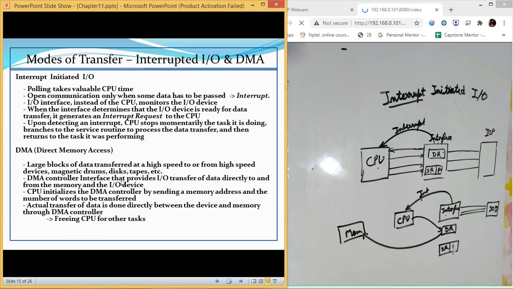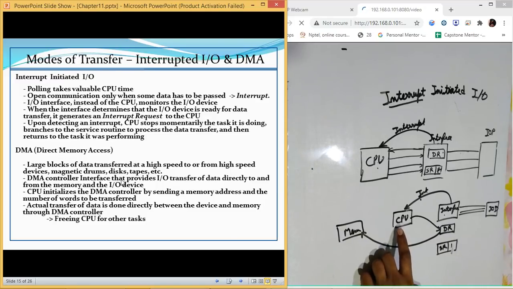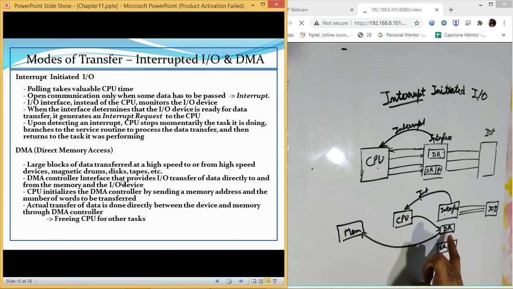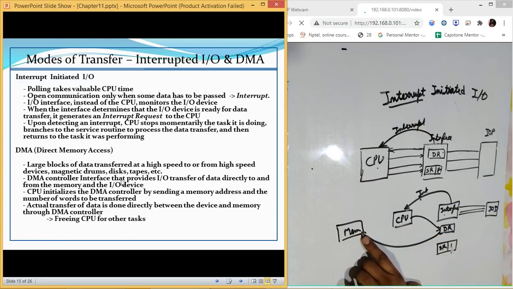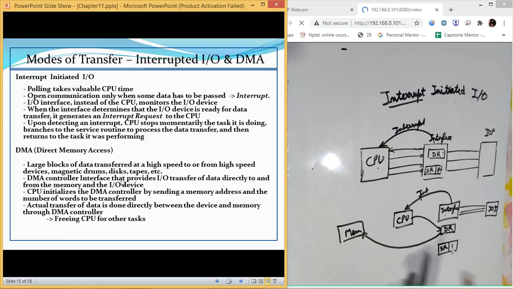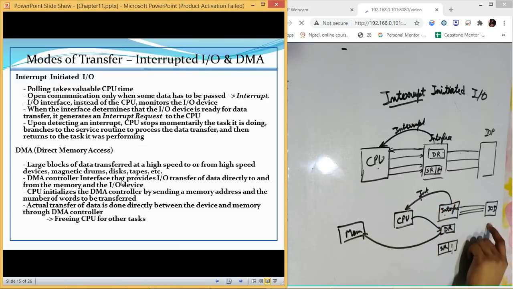Now we are only opening up the communication when some data has to be passed. Now how do we come to know that we have certain data to pass? When the interface sends an interrupt. So that informs our CPU that there is some data in the data register which it needs to pass from DR to memory. Then the input output interface, instead of the CPU, monitors the input output device.